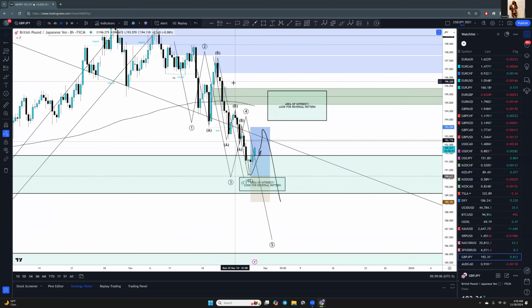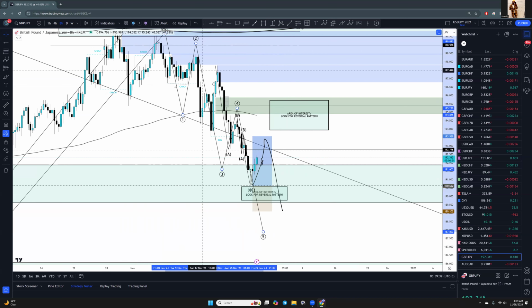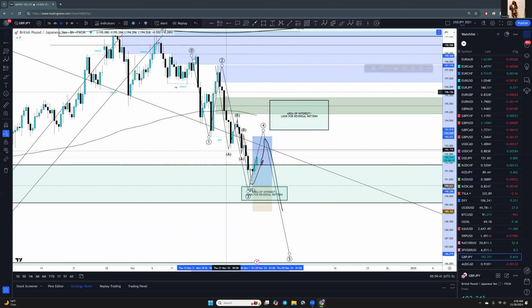If it's an ABC, that means it's going to go all the way back up here towards those highs. We don't expect that, right? Because that just can't happen if we're right. Now, if we're wrong, it can happen. But if we're right, it can't happen. So if we are right and we're trusting our analysis, then that's not something we're even looking to expect to happen, right? So with that being said, right now what we're looking for is a pullback to form a 4 and then for another wave down to continue